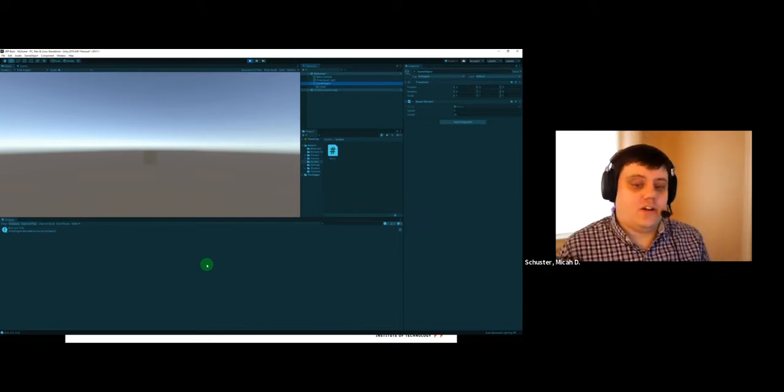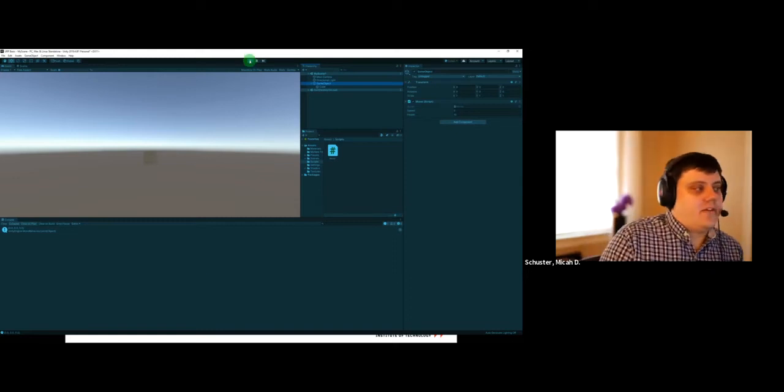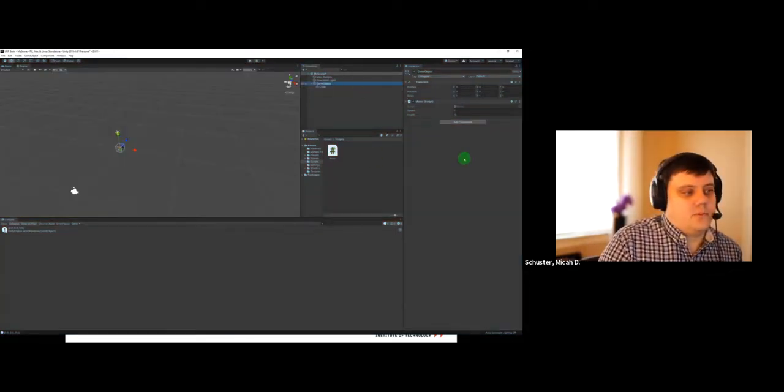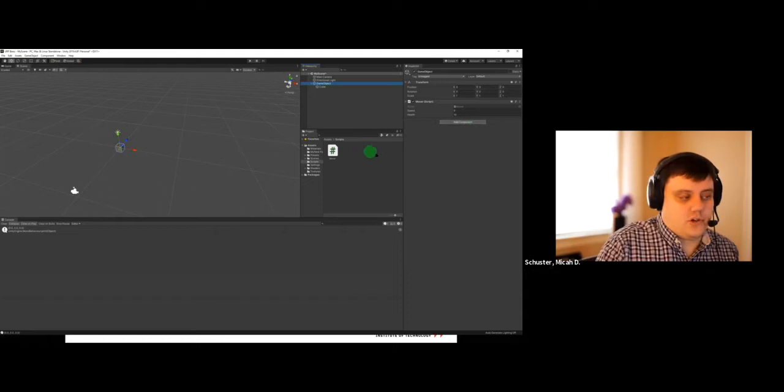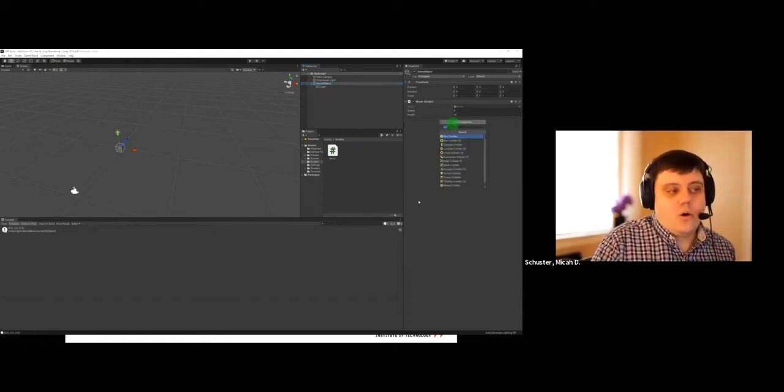So that's how I can grab my position of the object. Now, if I had other components on here, that's what we're going to do right now. We're going to add another component. So there's a button here for adding a component. You can always drag a component on. If you have another script, you can always drag it onto the object, or you can say add component, and